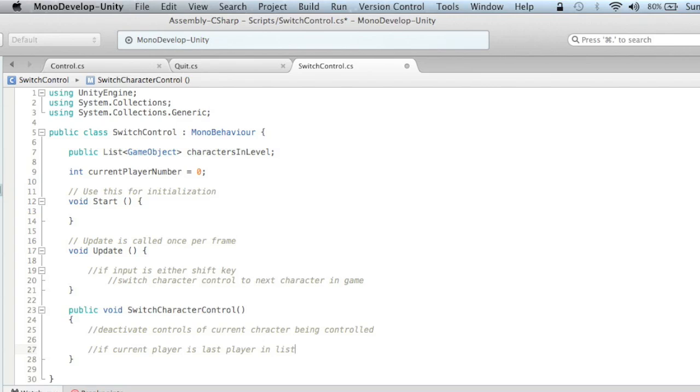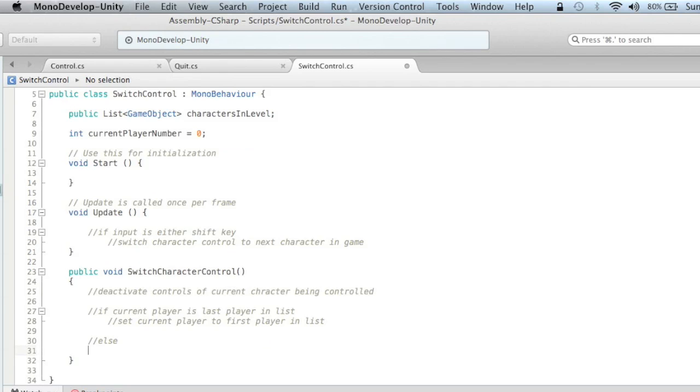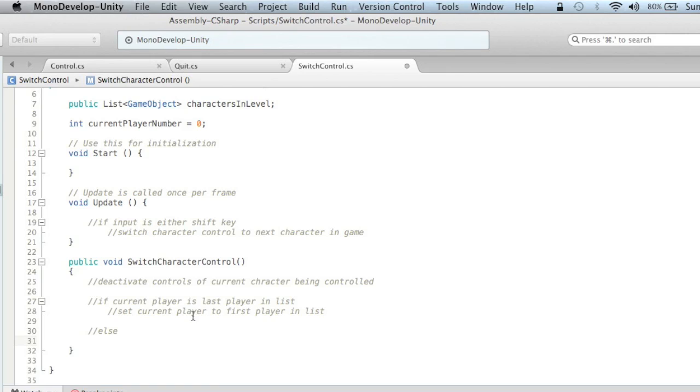So it wouldn't just be the first player in the list and then the second player in the list and then starting over. So whatever the last player in the list is, if that's the current player, then the next player to get control will be the first one in the list. So set current player to first player in list. Else, meaning if the current player is not the last player in the list,